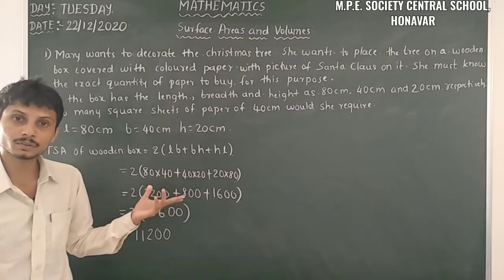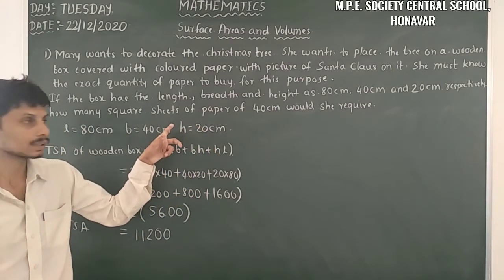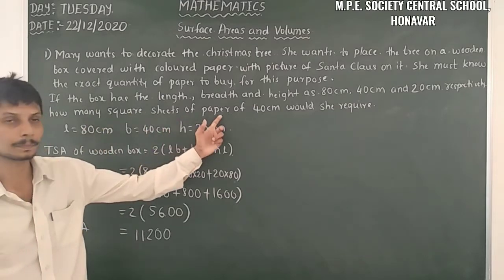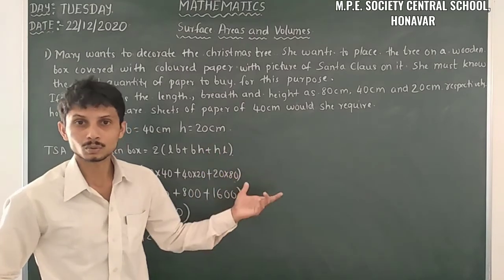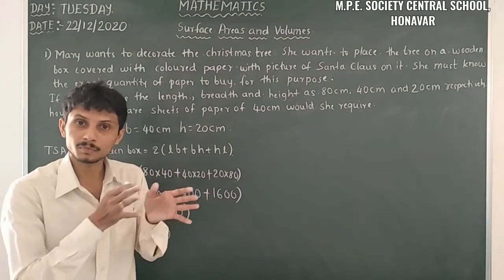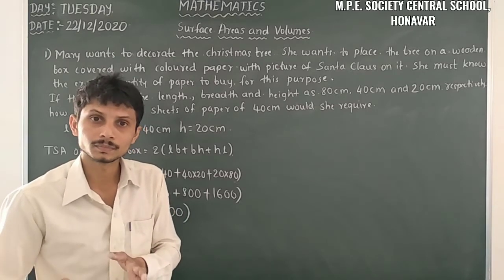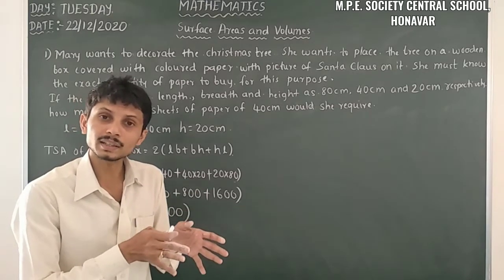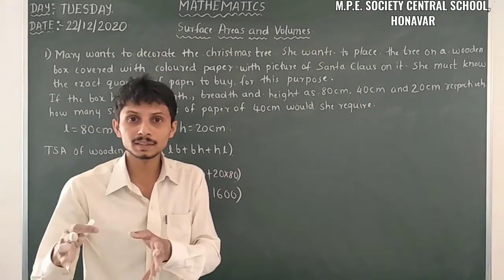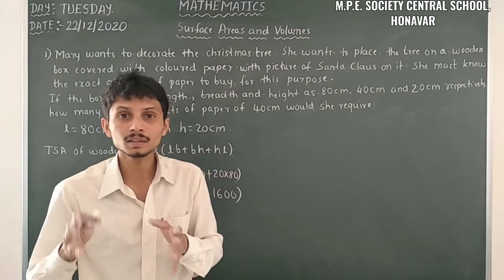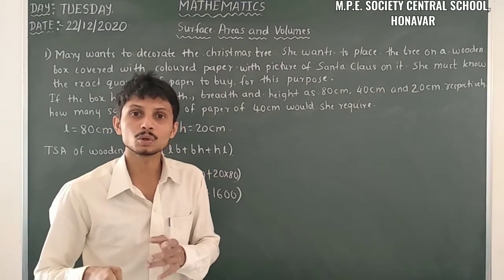Then another thing which we require is the area of individual things. Here just observe it's a square shaped paper, so we have to take the area of a square. That is, we have to know the formula for the area of the square, that is A square. It is related to the rectangle. Rectangle means L into B. When both length and breadth are the same, it is converted into a square. So the area of square sheet is equal to A square.